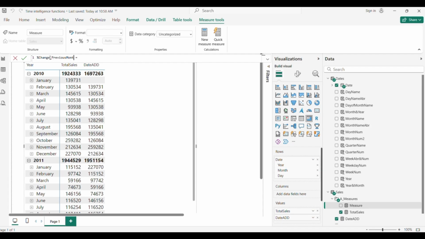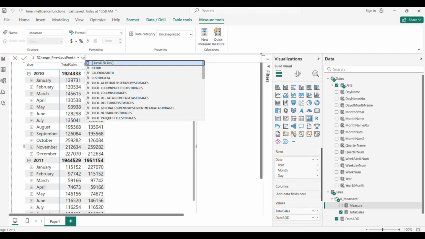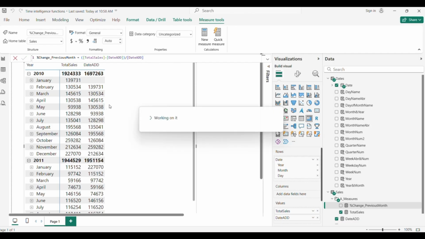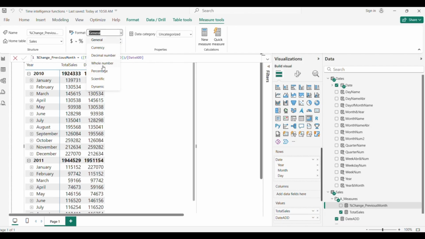What we want to do first is take our first column, total sales, subtract the second column, DATEADD, and then take it all together with parentheses and divide by DATEADD, and that's the way we will get the percentage change. And we need to go to format and transform this into a percentage.